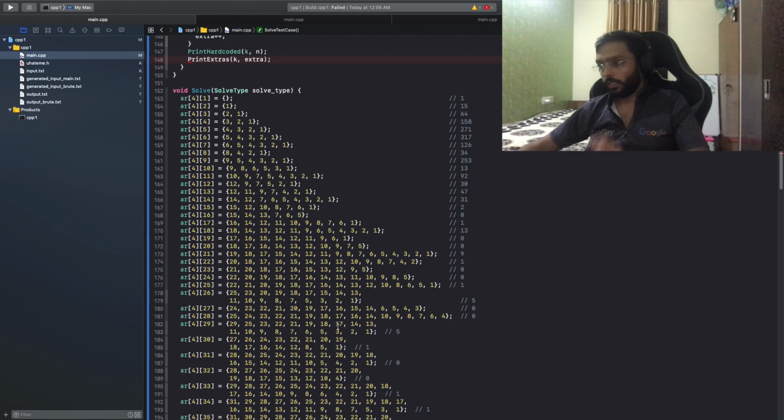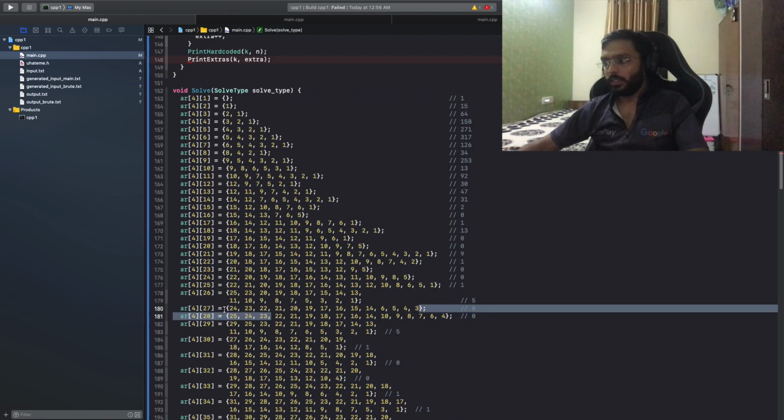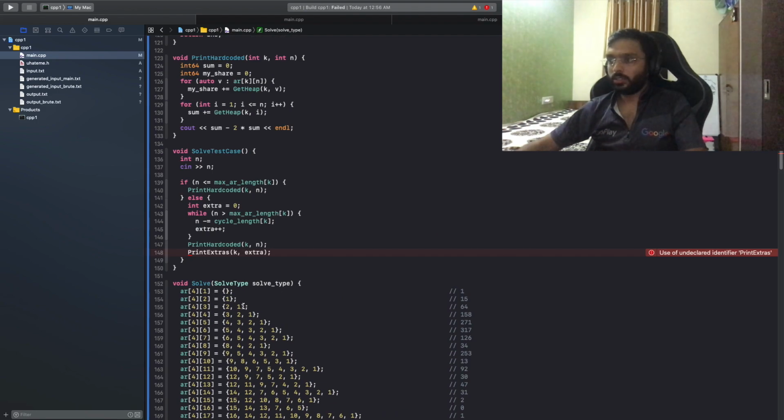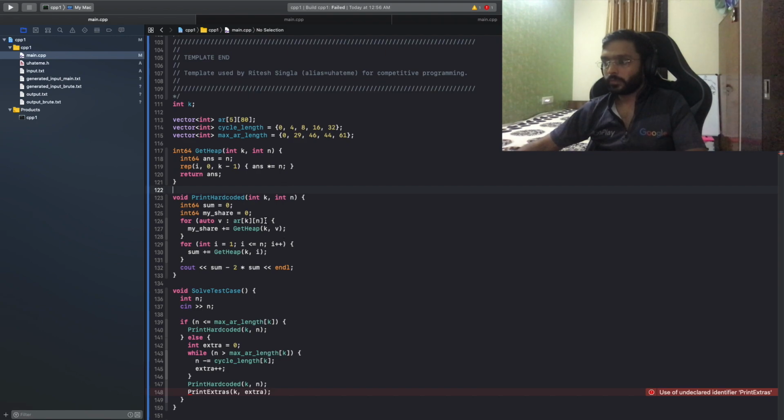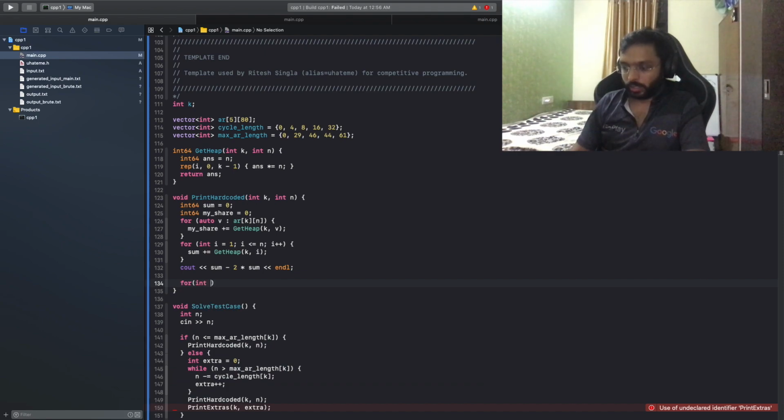So interestingly, I have these arrays sorted in the reverse order, so I will just iterate over that. For int j equal to this dot size minus 1, j greater than or equal to 0, j minus minus.